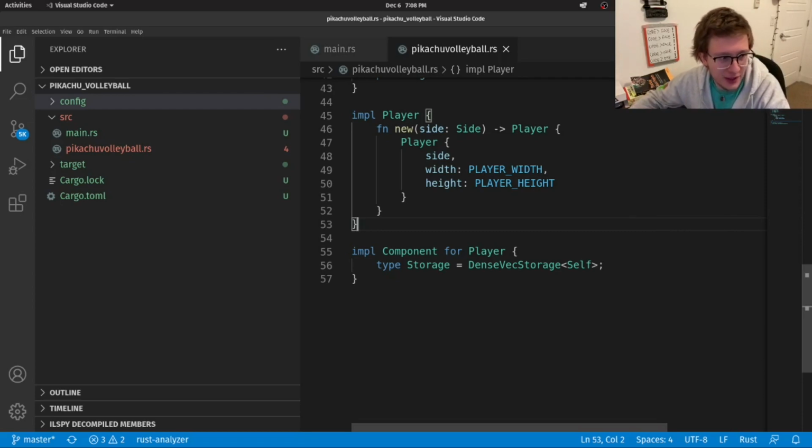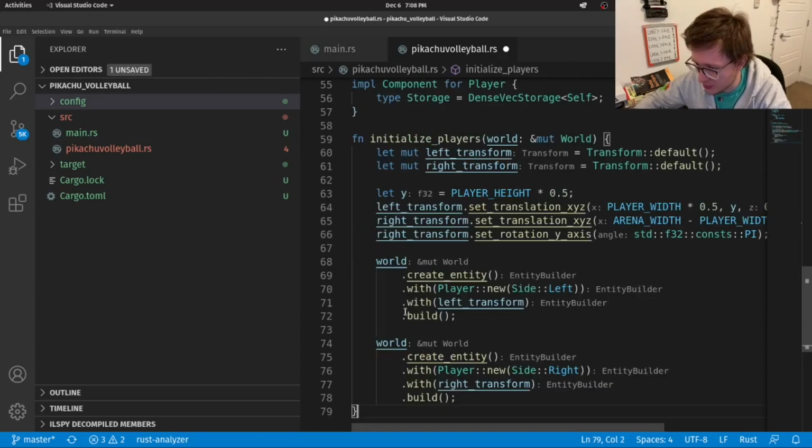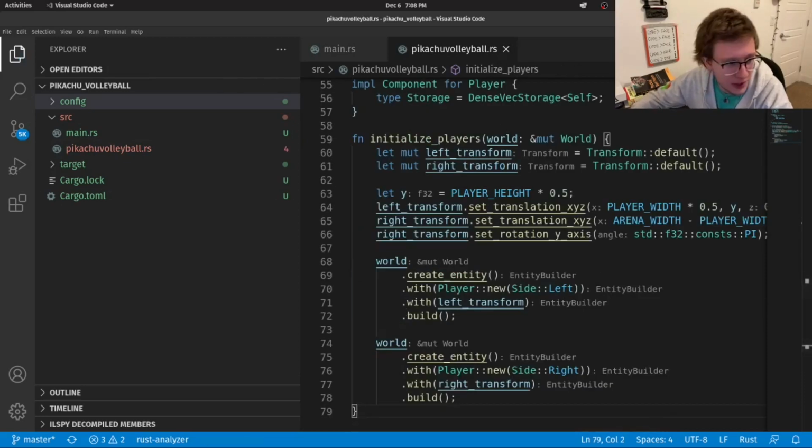Okay, now let's finally add them to our world by creating a new function called initialize players, where we'll also pass the world as a parameter. So we can just put it right below our component implementation for player. And as usual, let's walk through it.